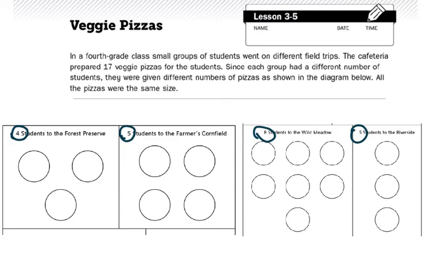So let's start with the 4 students who go to the forest preserve. We're going to take those 3 pizzas and divide them into 4 equal parts. Would you please either download this to Notability and use a split screen, or draw 3 circles? You've done so much with fractions that I think this should be fairly easy for you. So if you divide each of those pizzas into 4 equal parts,